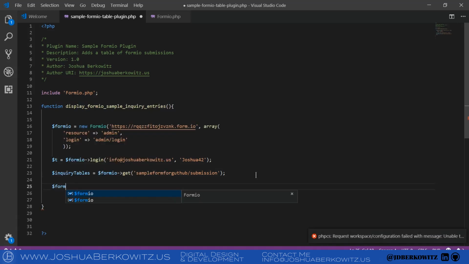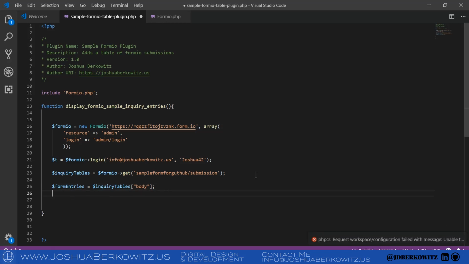So next we need the body of that response. So we'll call that form entries. And our inquiry table's body. So that just brings in the body of our form entries, our entries. So that body is a single property, and that property contains the objects that have the entries in them. So now that we know that, we're going to do,